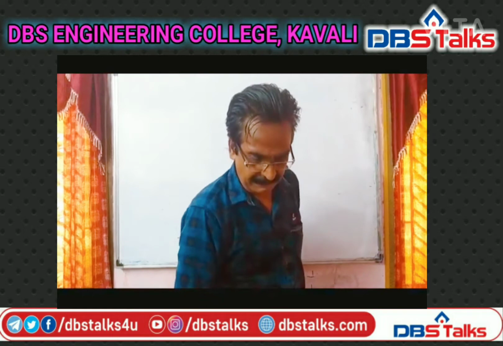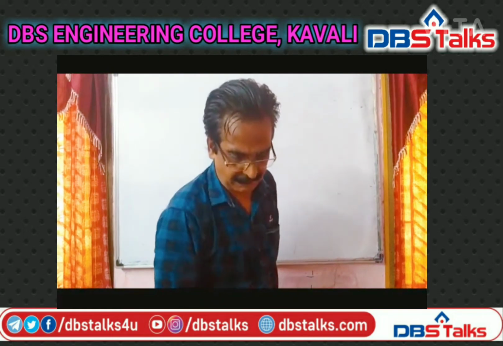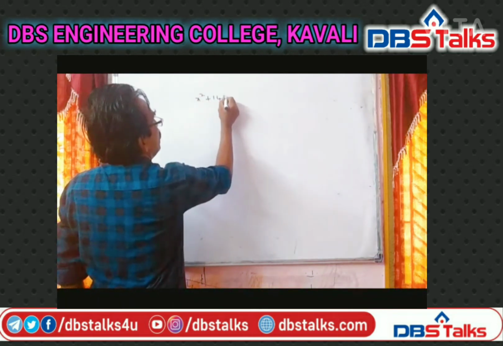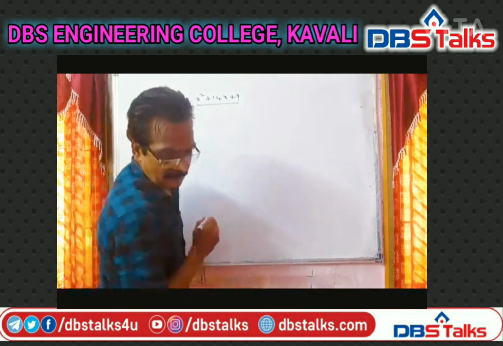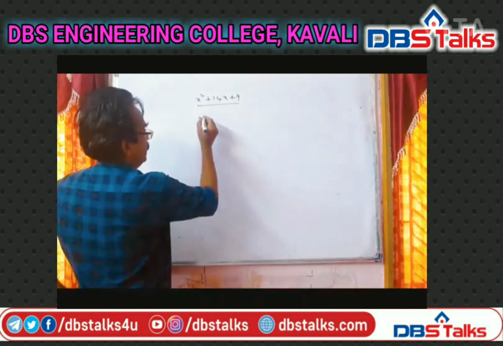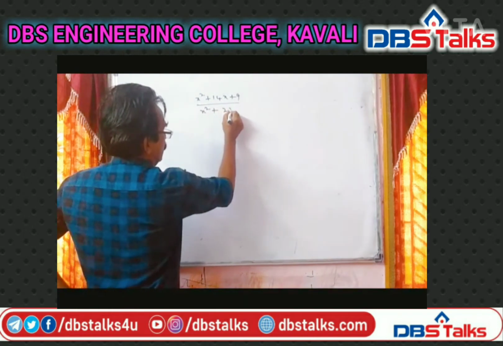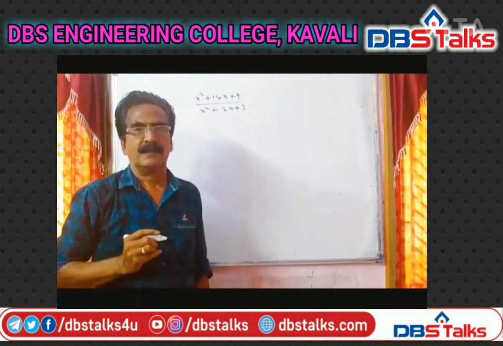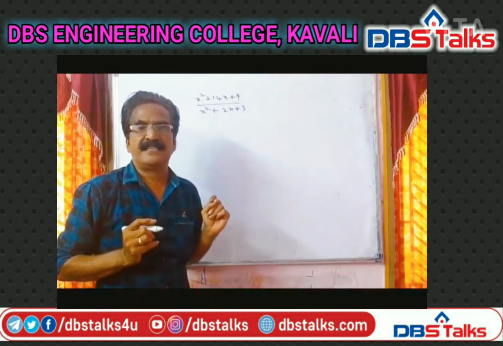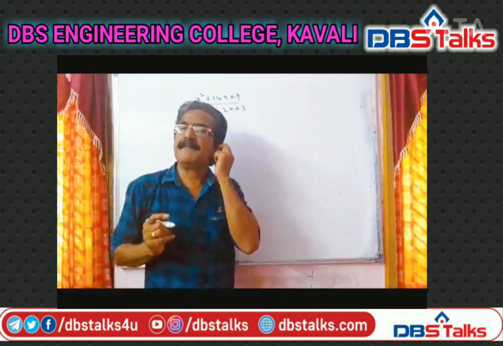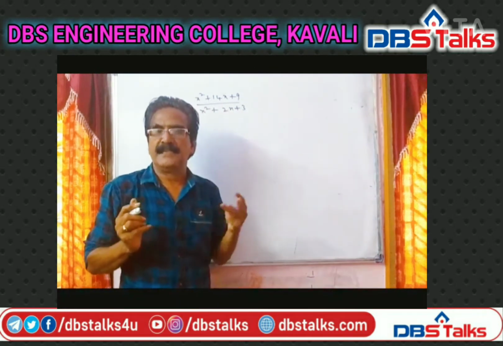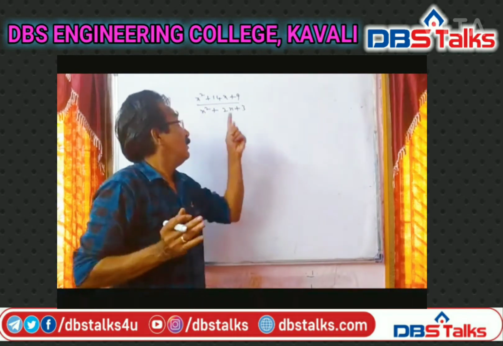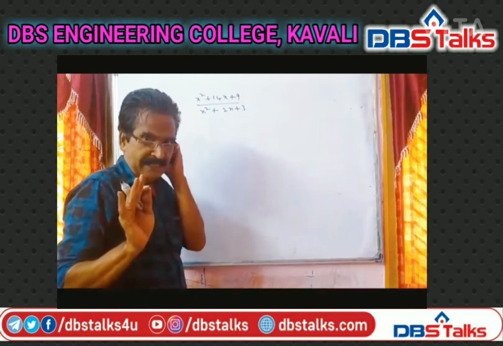What is the minimum and maximum value of this expression, (x^2 plus 14x plus 9) by (x^2 plus 2x plus 3), if x is real? If x is real, what is the minimum and maximum value of this expression? That is the interval of this expression. So, x is real.